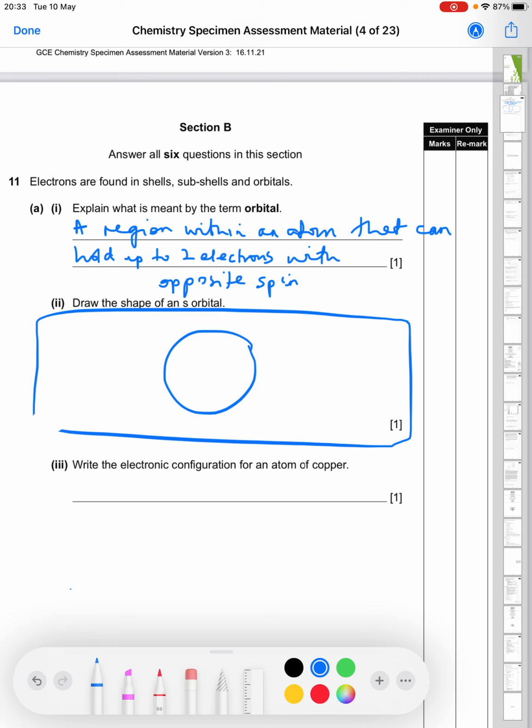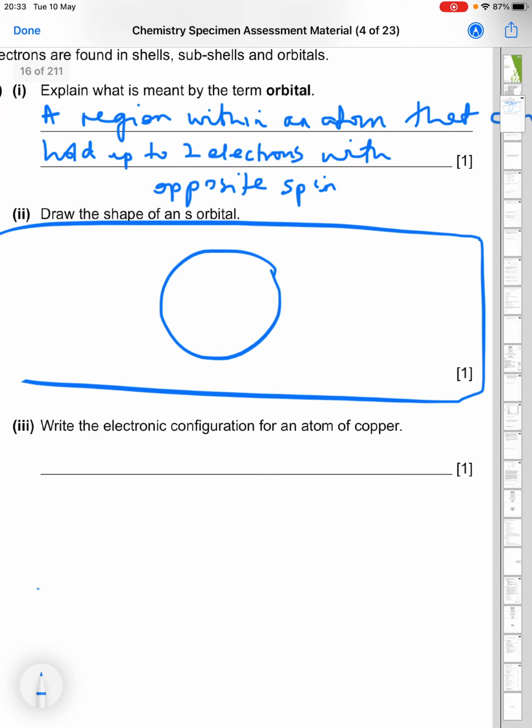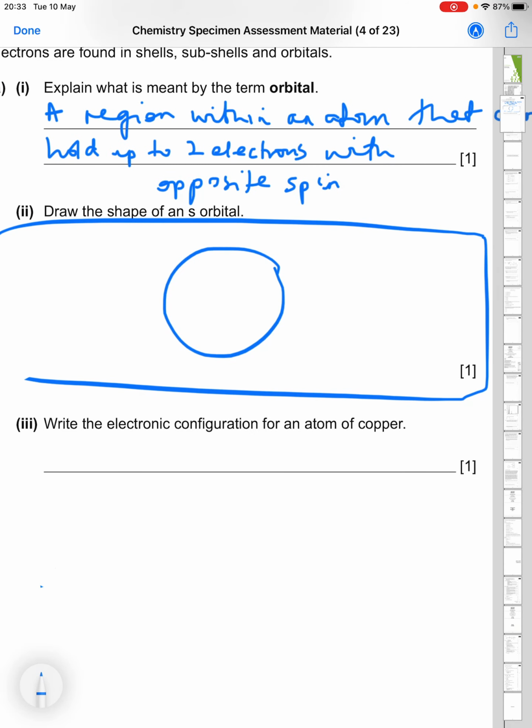Okay, part 3, write the electronic configuration for an atom of copper. So you have your periodic table, you use that, and I'm going to write it out longhand first of all. So it's 1s2, 2s2, 2p6, 3s2, 3p6, then 3d